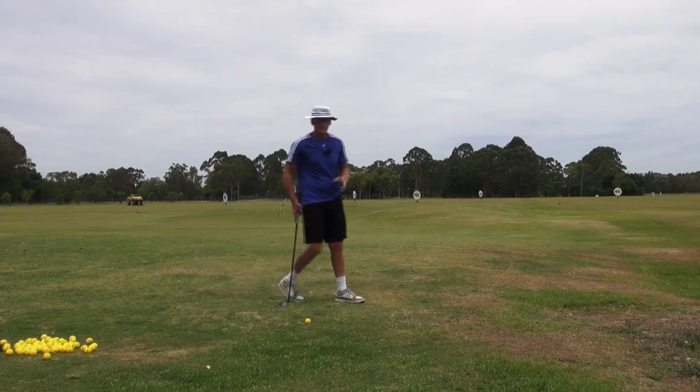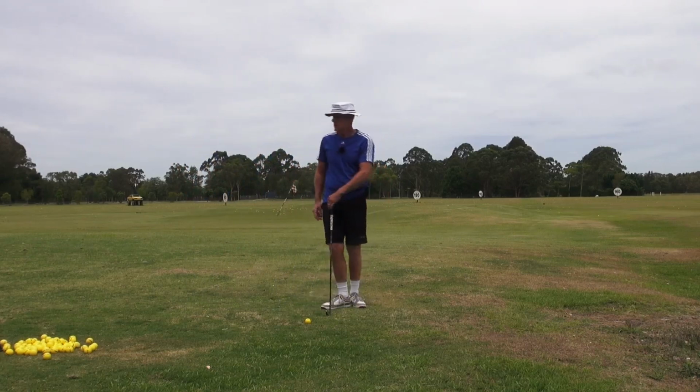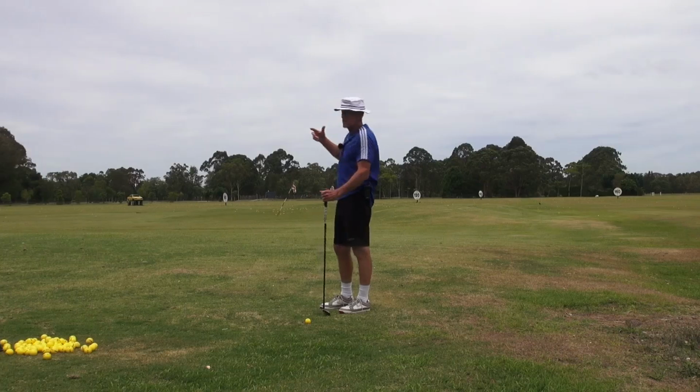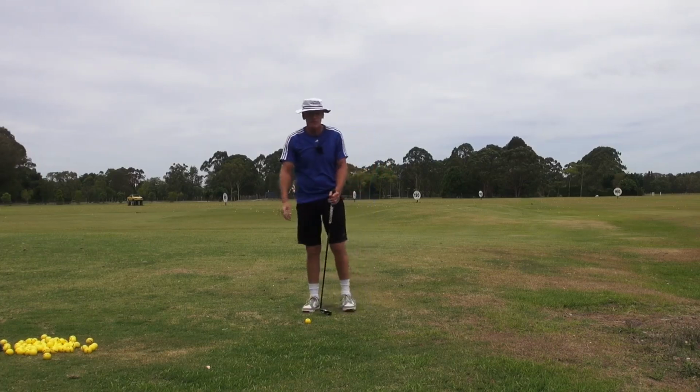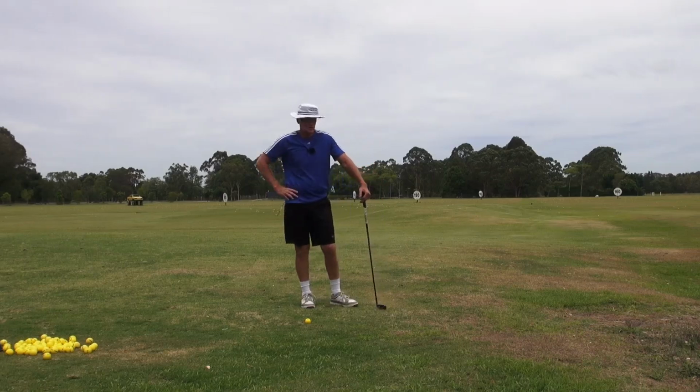Fantastic feeling. Yesterday afternoon was the greatest feeling I've ever had in my life hitting golf balls. And we were here very late. It's daylight saving here in Australia, and it was about 7:30 and there was no one here. Everybody had been gone for an hour. We just went down in front of the putting green and were hitting shots, me and my buddy, and honestly it was a bit like